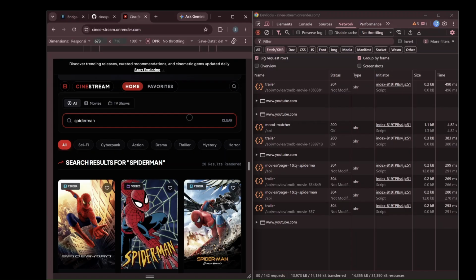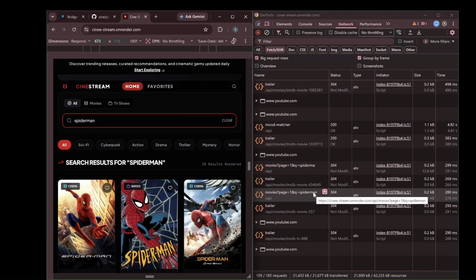Normally, an API request would be sent for every keystroke. For example, in Spider-Man, for typing S or SPI, SPID, SPIDER, it would generate multiple requests. To prevent that, I created a custom debounce hook with a 500 millisecond delay. As you can see in the network tab, the application waits until I stop typing before making a single optimized